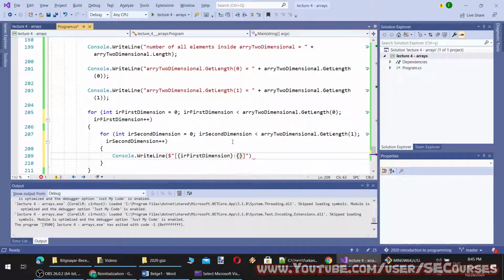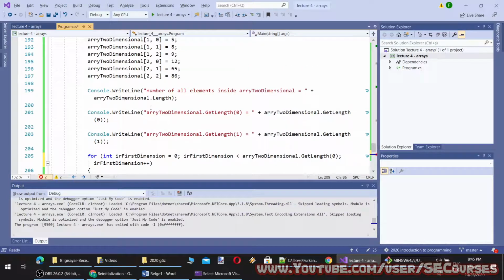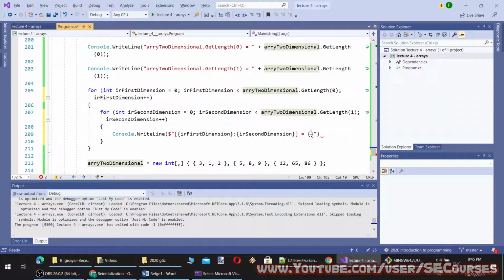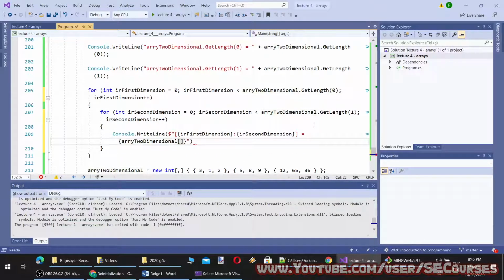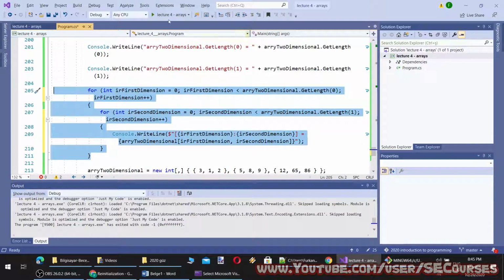And this one equal to this one and second time. So basically we are iterating every value of the array at the moment.